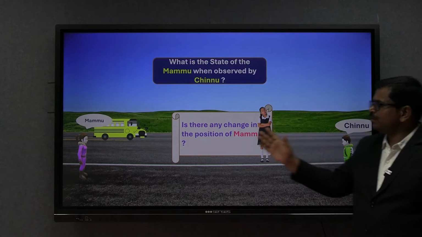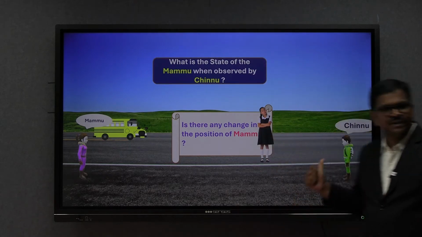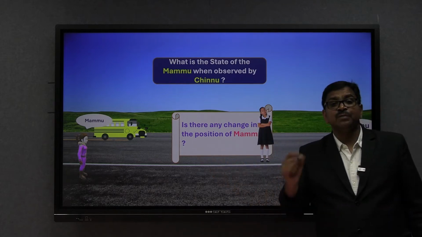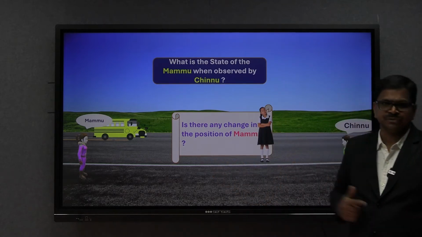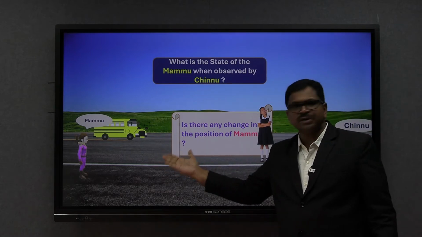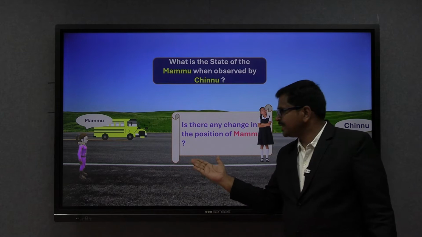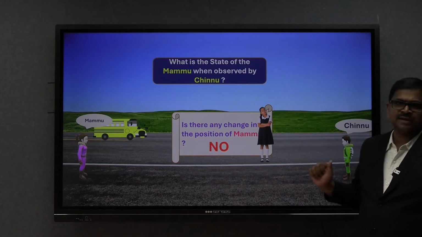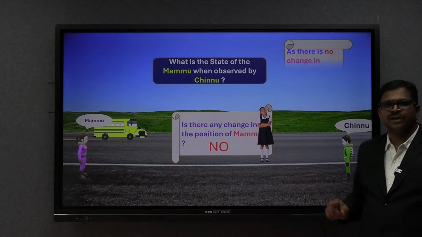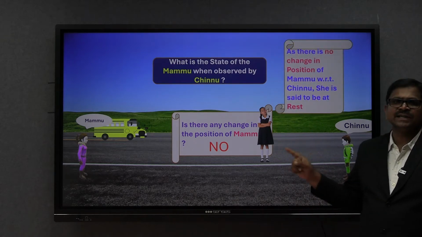Who is the object here? Mammu. Who is the observer here? Chinnu. So, is there any change in the position of Mammu or not? If you observe, Mammu is at rest only, the position is not changing at all. So the answer is no. As there is no change in the position of Mammu, she is said